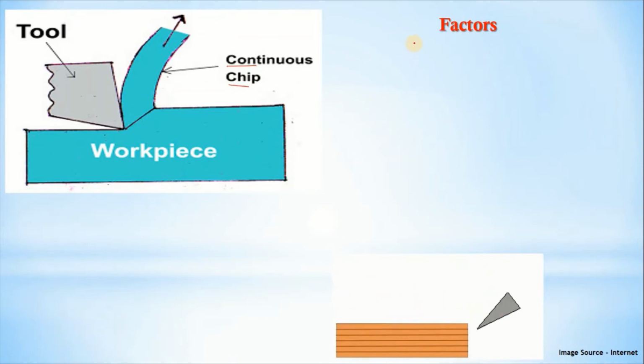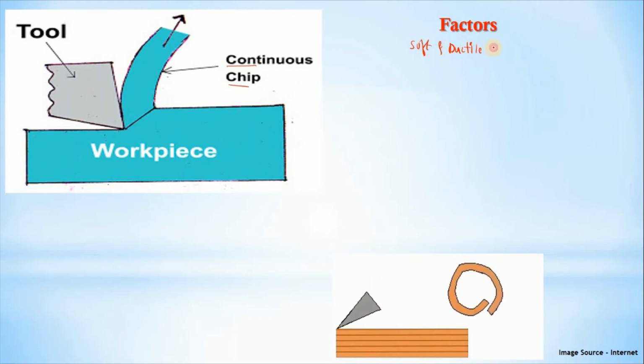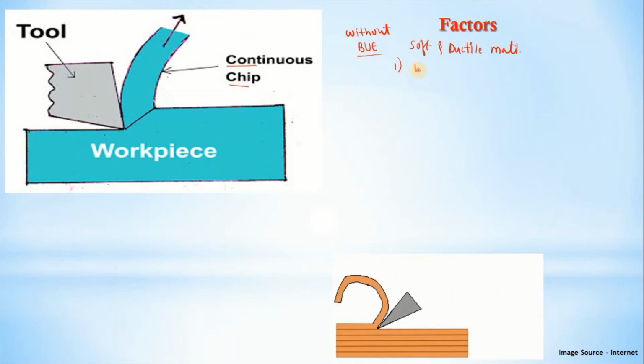If we do the machining of soft and ductile materials, we get continuous types of chips without built up edge, BUE meaning built up edge, whenever we provide a large rake angle. The forces will be low if we provide a large rake angle, and energy wave propagation will be low, so heat generation will be low, so the microchips will not adhere to the tool, so we will not get the built up edge. Then high speed machining.